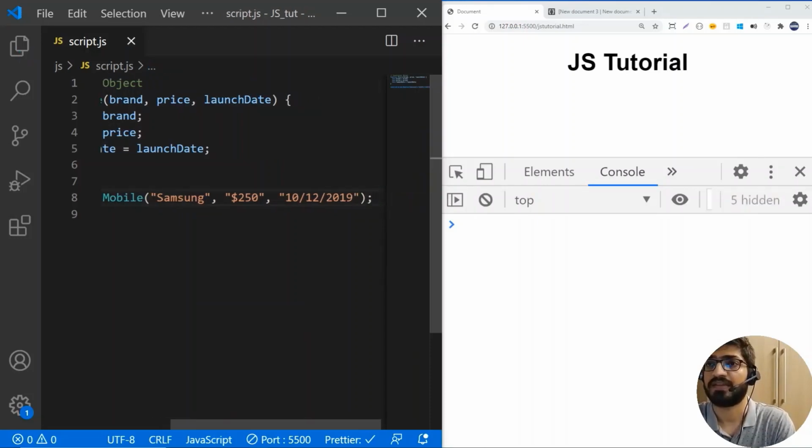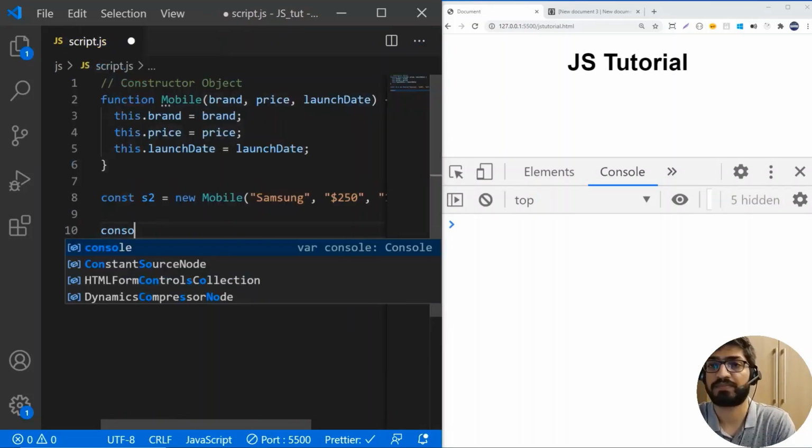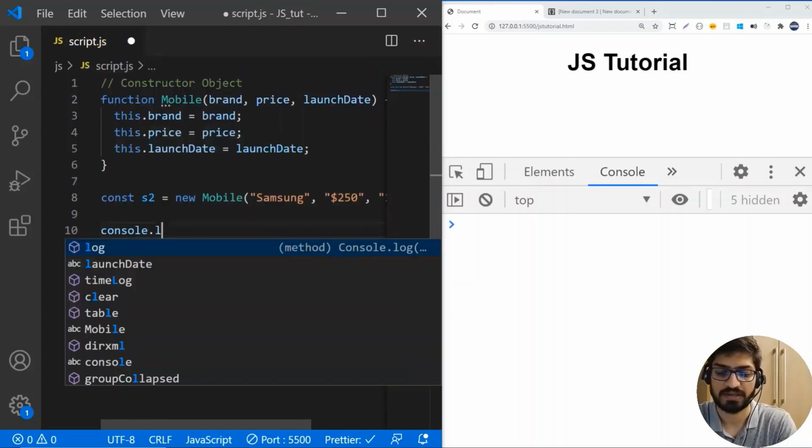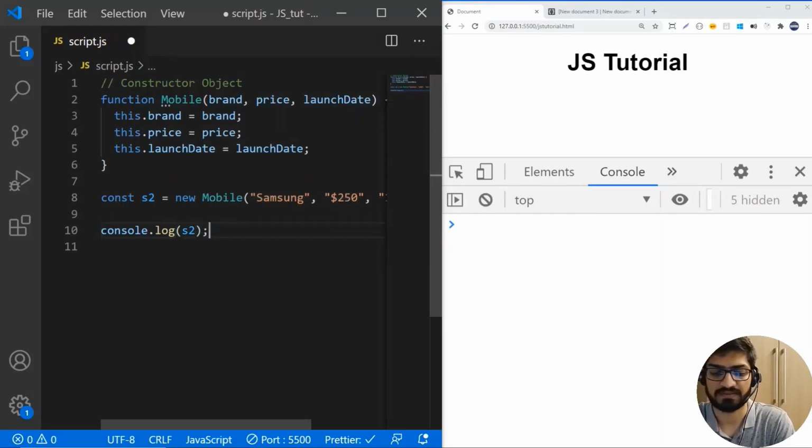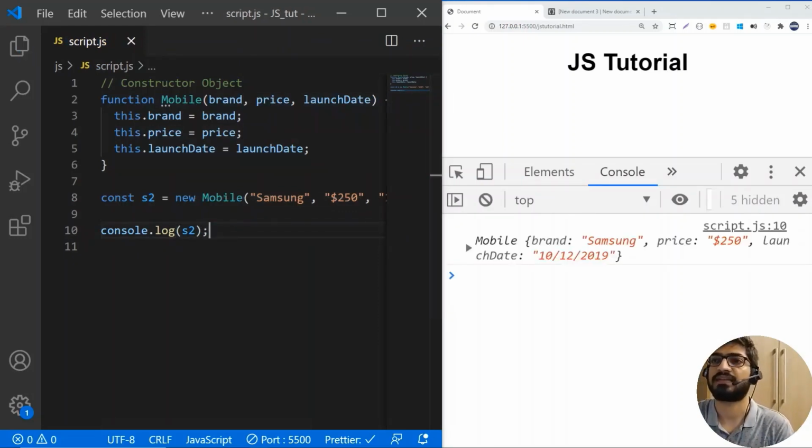Okay, and now you can actually console log this object instance. So let me add this object instance. And now you can see that this is the